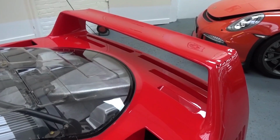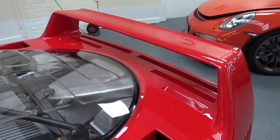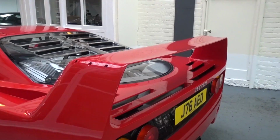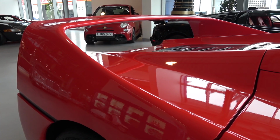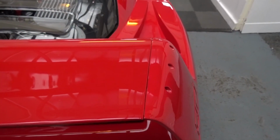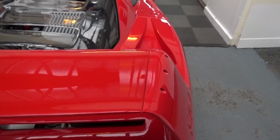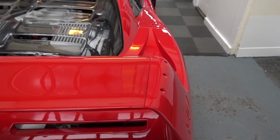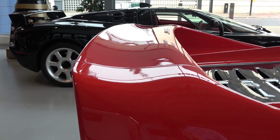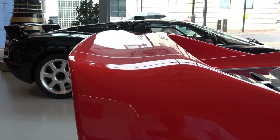Behind this, we find one of the most prominent features, the rear wings. In F40, the wing rises straight up on two struts built into the clamshell. F50's has another equally iconic form that goes gradually on either side. F50 can reportedly make up to 440 kilograms of downforce, presumably much more than F40, although I couldn't verify this. Despite these differences, and the removal of the screw holes in F50, the top plane is a separate component in